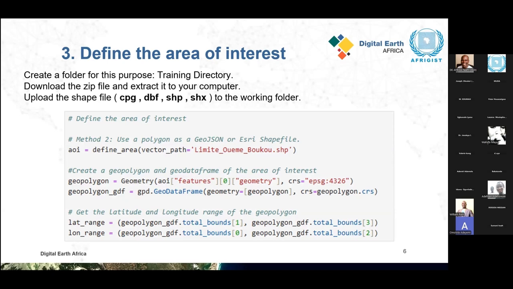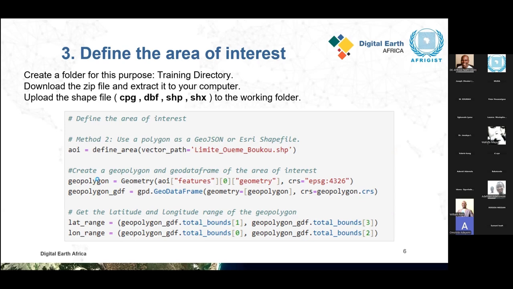You upload the shapefile, and for the shapefile, all these extensions will be copied: the CPG, the DBF, the SHP, and the SHX in your working folder. You define your area of interest, and for your area of interest, you define here the vector path, that here we use limit buku dot shp. If this one is not defined, you cannot have your area clipped